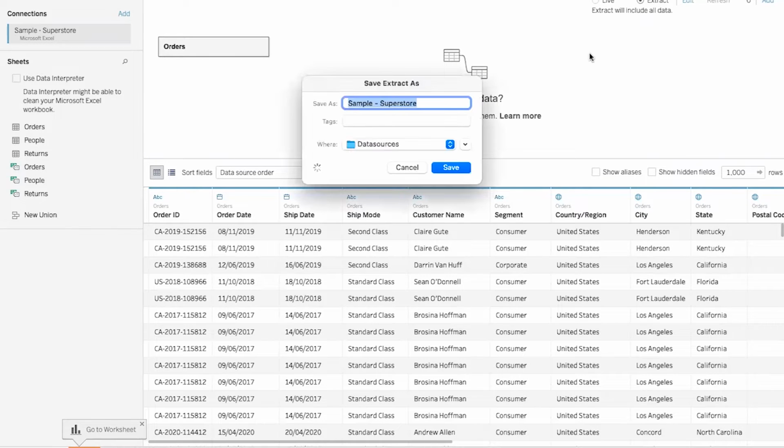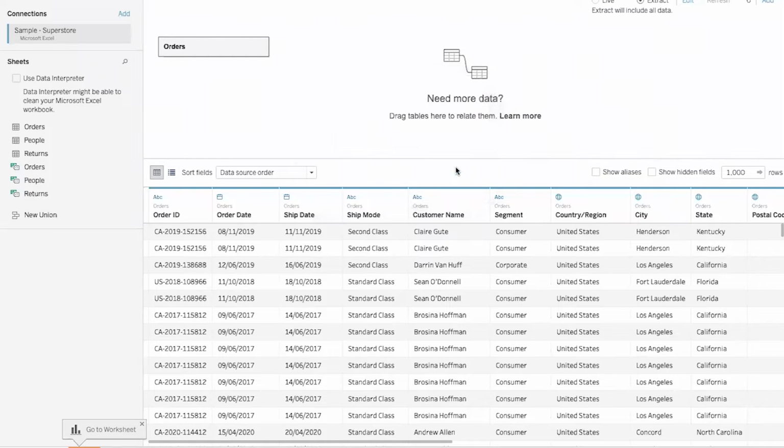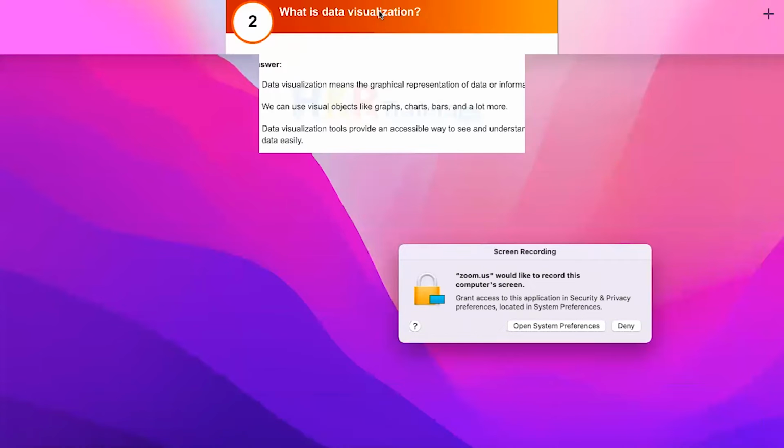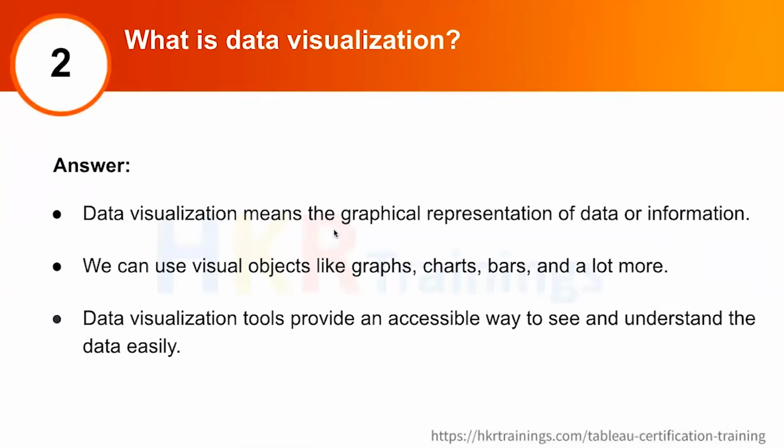Once you click on that, it will store your .hyper file. Whenever you are creating any extract, it will automatically create a .hyper file in your local memory. Once we click, it will start creating the extract, and yes, it's created. Now, whatever columns were there in the table orders, are reflecting over here. Let's move to the PPT again. So this is basically a small demo of how the Tableau tool looks like.